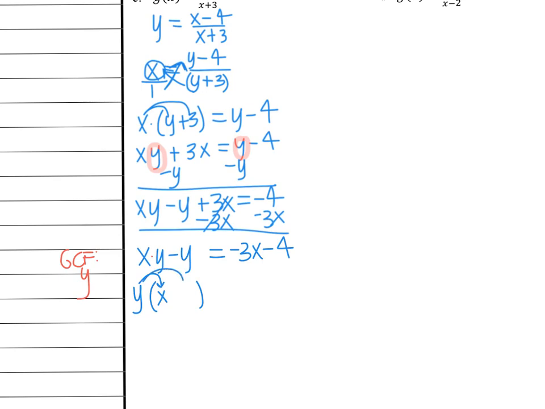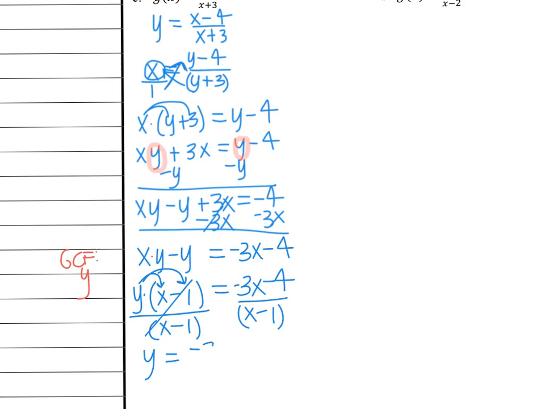X. Y times what would give me back minus y? Negative 1. So we have undistributed a y, and we're left with that equaling the right side. So now there's a multiplication symbol there between y and the parentheses. If I want to get y by itself, I'm just going to divide by the parenthesis of x minus 1. Those cancel out, and you're left with y equals negative 3x minus 4 over